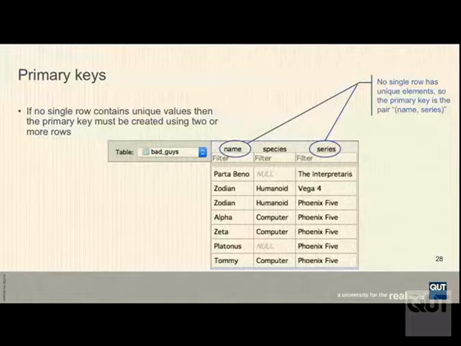Similarly for the series table. So there's no one column that uniquely identifies a row. So what do we do in that case? Well, in that case, we choose a different primary key. We make the primary key the combination of 2 things. In this case, if we pick the name and the series, that will uniquely identify any row in the table,